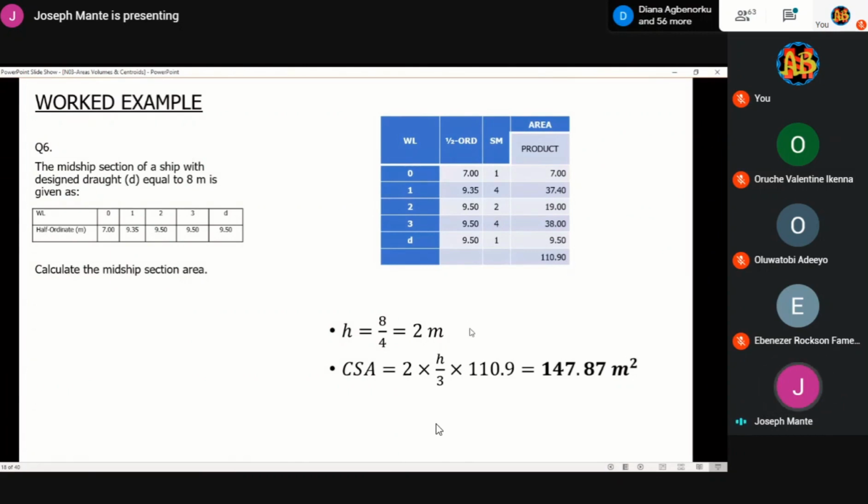So then the same thing, the intervals are 1, 2, 3, and 4, and you can see it from here, 1, 2, 3, and 4. So you divide it by 4, and the h there, equal to 8 meters, is given by this. So the volume is draft. So you have your 8 there over 4, making it 2. So if you're having the 2 there, then CSA is equal to 2 times h over 3, making